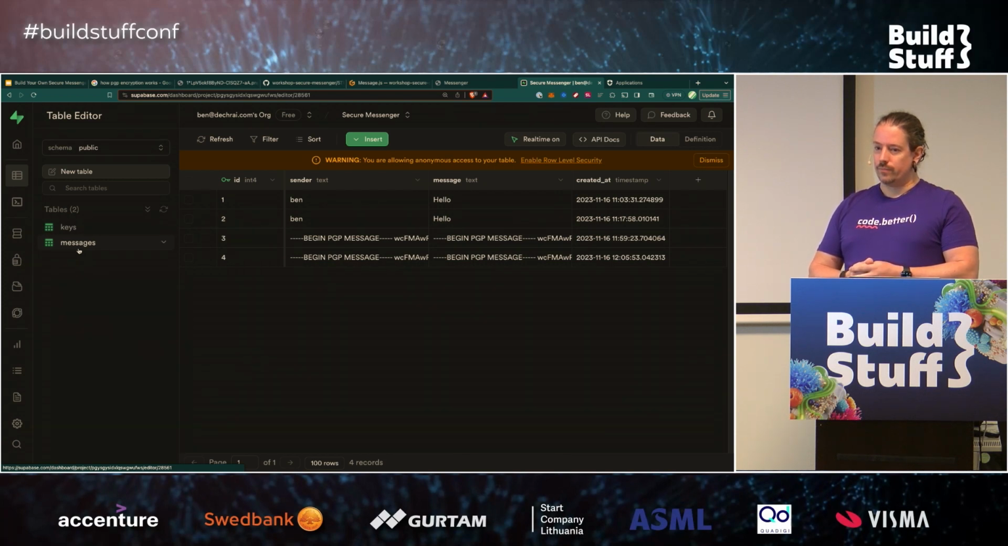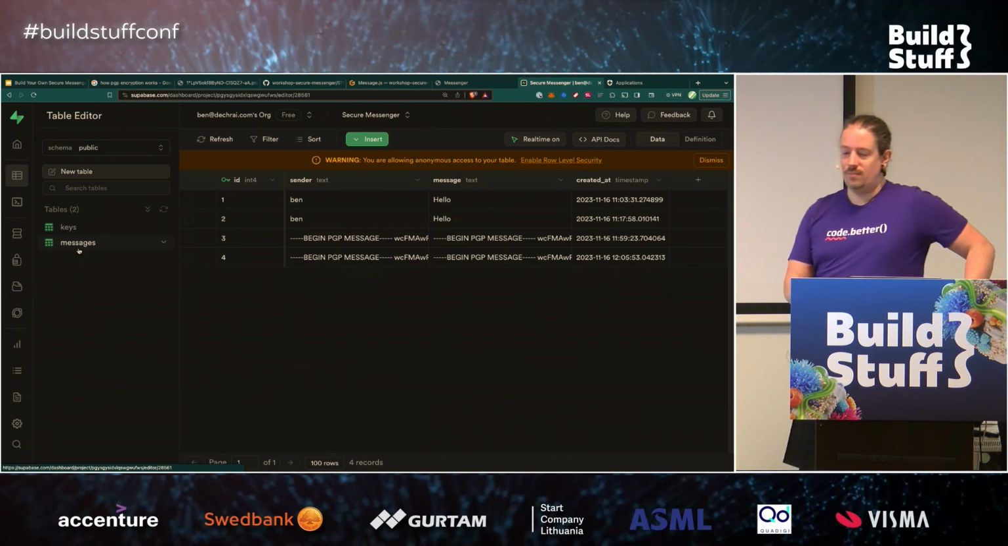So, having gotten it working now, what security vulnerabilities and flaws do you see in this? Why would you not put this into production? I gave you one already. That's that the administrator of your Auth0 tenant can read everybody's private keys. Of course,